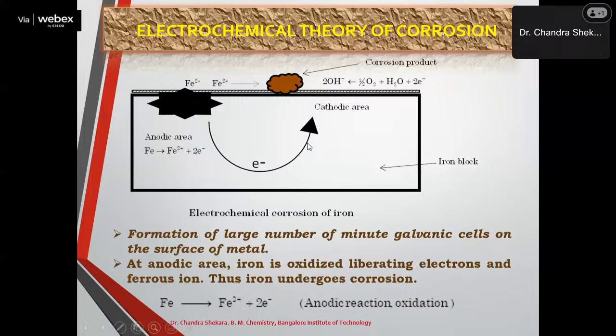Therefore, one chemical species can undergo oxidation only when there is another chemical species present in the same system which can undergo reduction. When one is ready to give the electrons, then other one should be there to accept those electrons. The converse is also true. That is, a chemical species can gain electrons only when there is another chemical species which can supply the electrons. Unless there is a chemical species which can supply the electrons, the second chemical species cannot gain electrons.